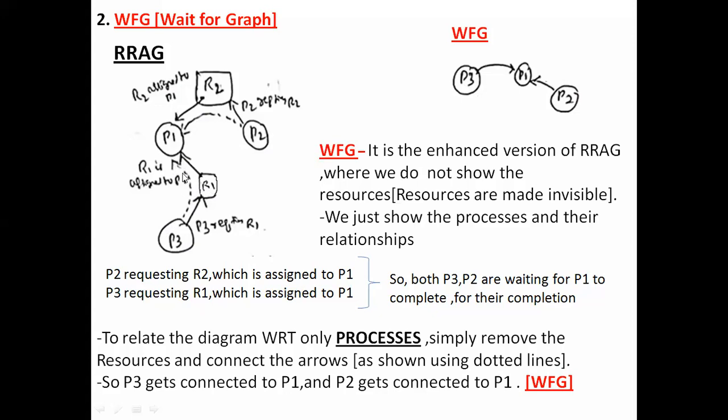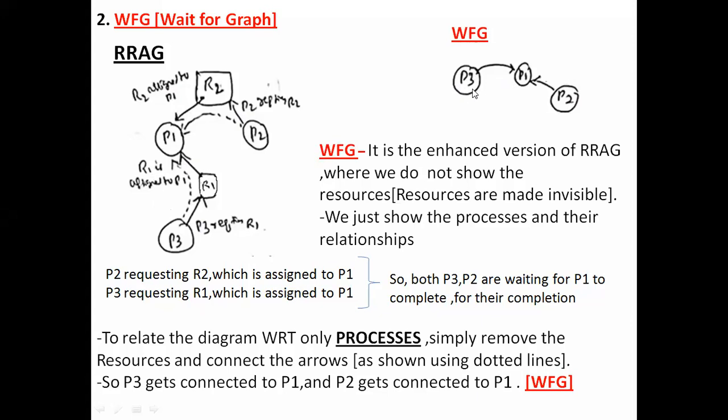Also, you can make a note of the direction of the edge or the arrow mark. So this RRAG can be simply represented in terms of only the processes and their relationships using the wait-for graph. The same diagram is simply represented using the wait-for graph,